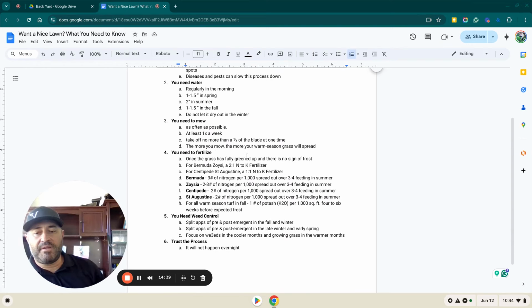The fourth thing you need to do is fertilize. Once the grass is fully greened up and there's no sign of frost, you want to start fertilizing your lawn. For Bermuda and zoysia, you want to do a 2-to-1 nitrogen to potassium fertilizer. For centipede and St. Augustine, you want to do a 1-to-1 nitrogen to potassium fertilizer. So a 1-to-1 is like a 15-0-15. A 2-to-1 would be a